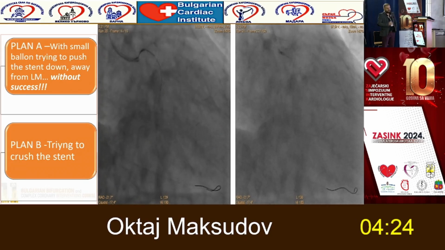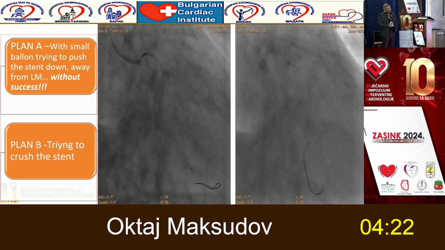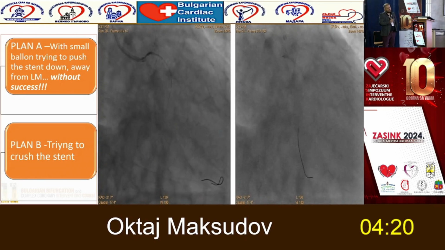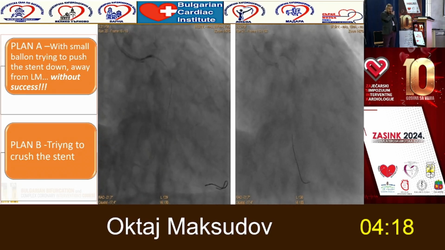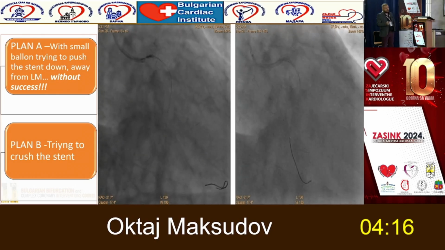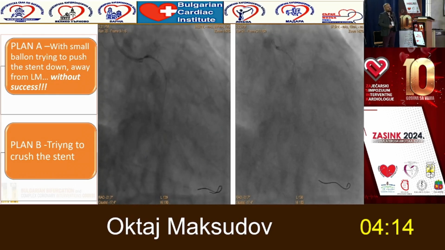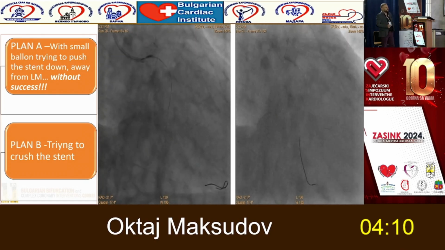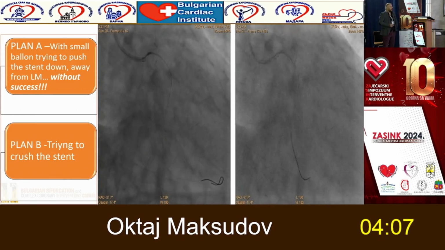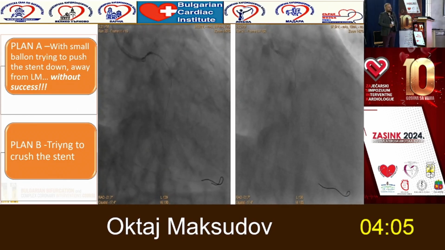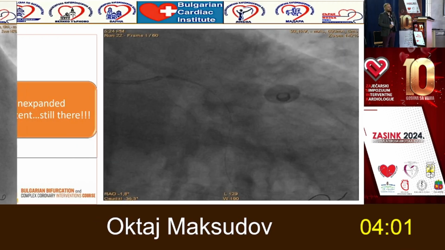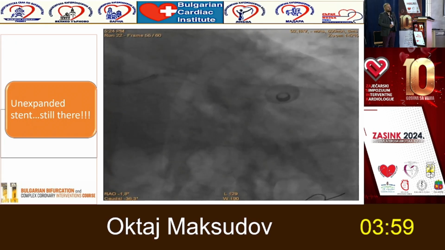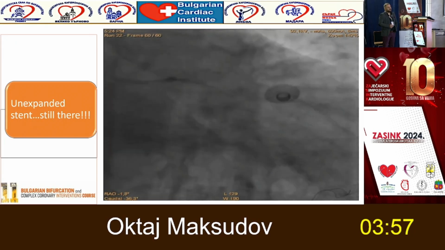What exactly happened, what the mechanism of this stent loss is, is that in the stent implanted in the ostial part of the LAD, there are a couple of struts protruding towards the left main. So when we passed with the wire, we passed through those struts. And plan B was to crush the stent, but neither of these plans was a success. So the expanded stent is still there. You can see that